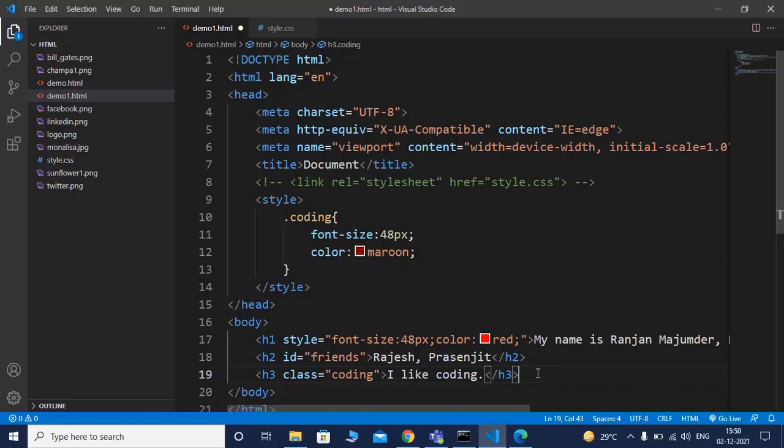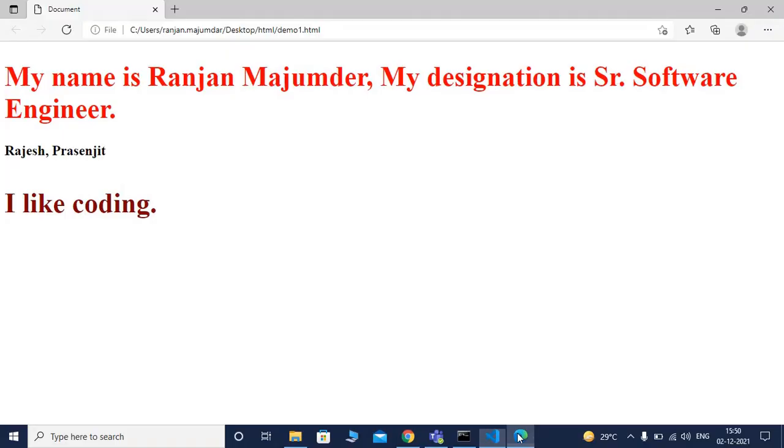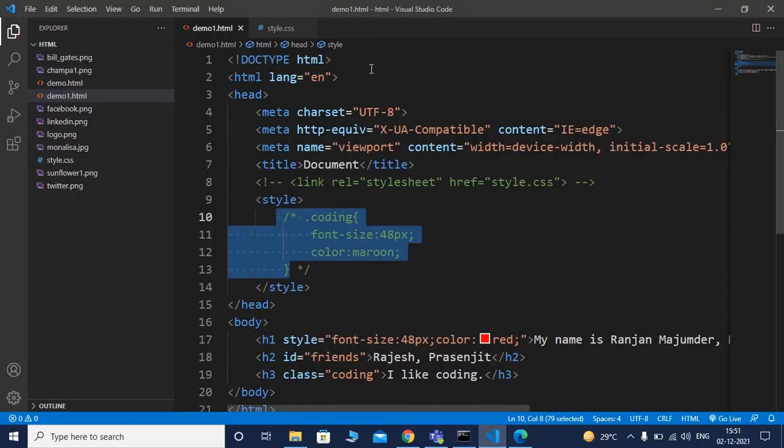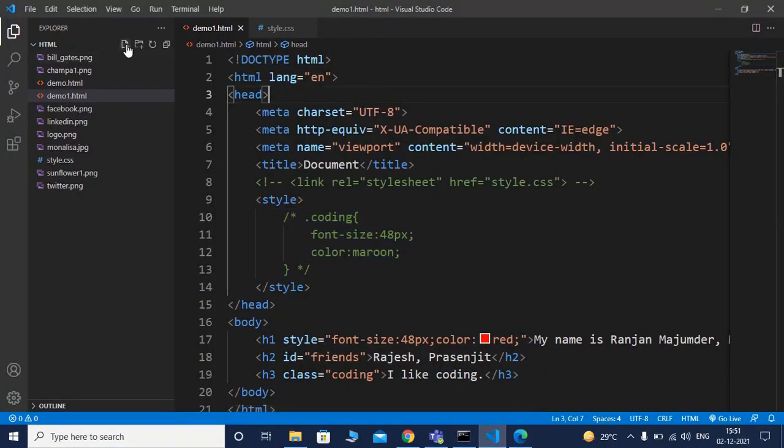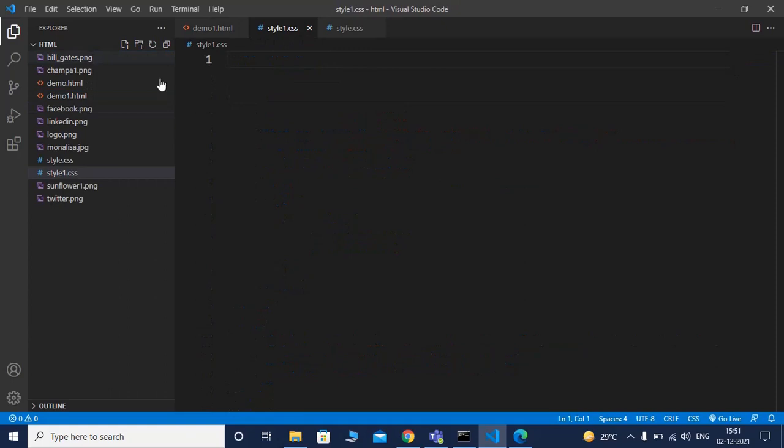The next type of CSS is imported CSS. Before the explanation of imported CSS, I am just commenting this code using control/. I am saving it and refreshing the web page. Now you can see the default effect of H3 here. Now creating another style sheet, style1.css.